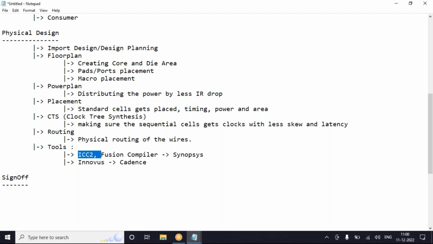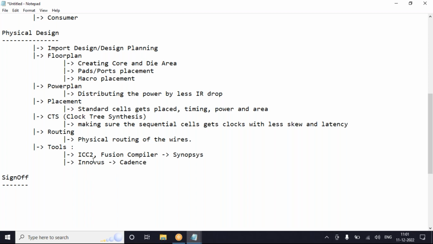ICC2 is specifically only for the PD. You cannot use it for other stages, but you can use this Fusion Compiler for synthesis, for physical design, and also for your PrimeTime, STA perspective, all of that. Okay.